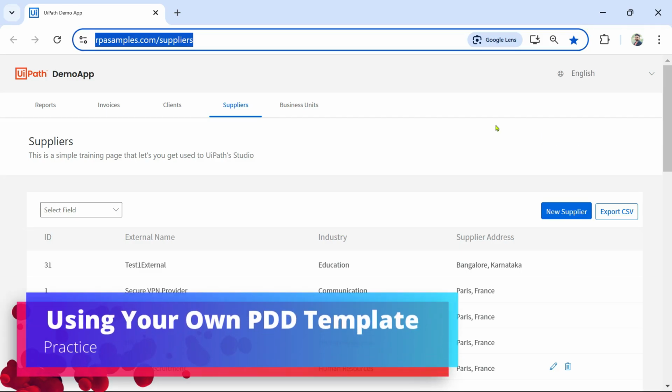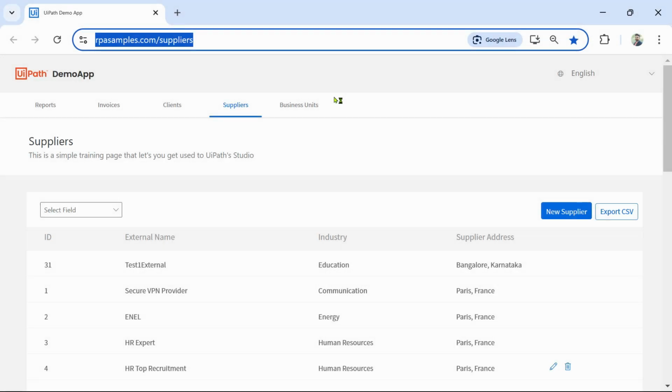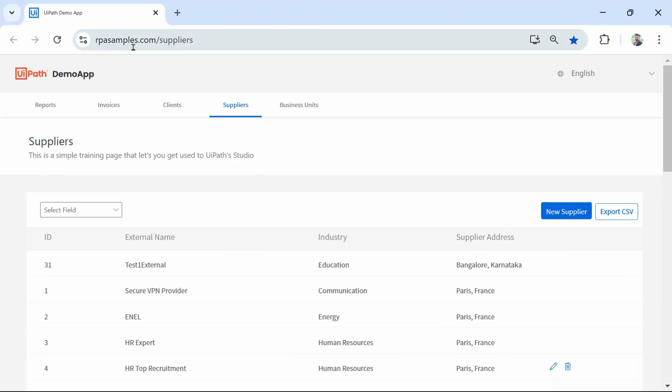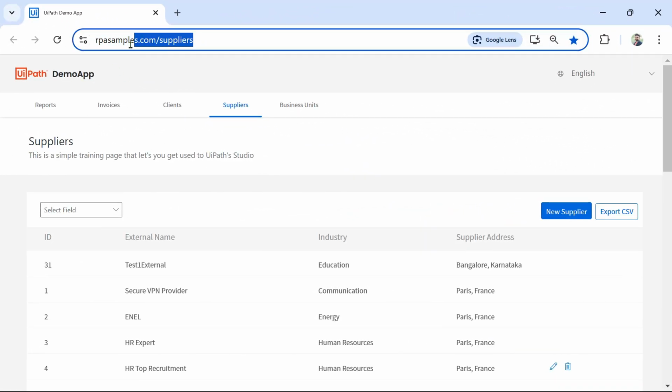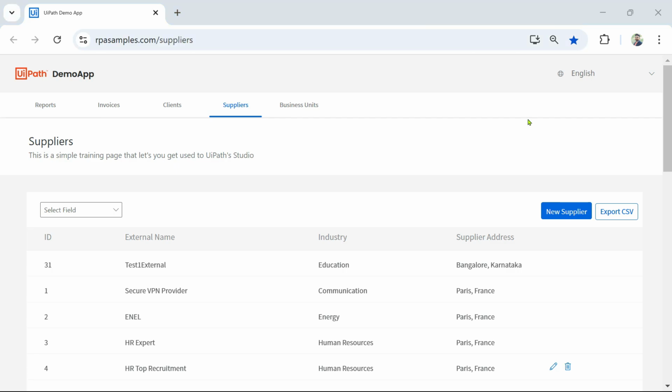In this video, we are going to dive into a new task capture practice. There is a website from UiPath called rpasamples.com/suppliers. I'm going to put the link in the description of this video. Now this is the app. Now let us open the task capture